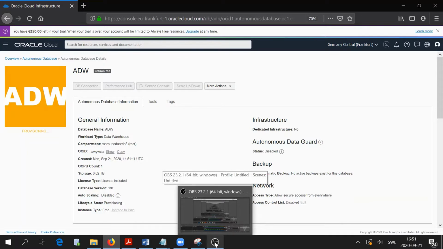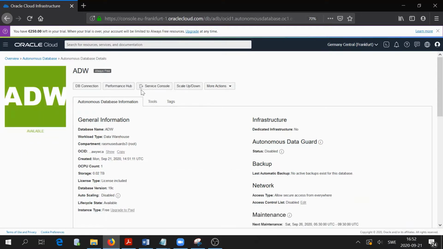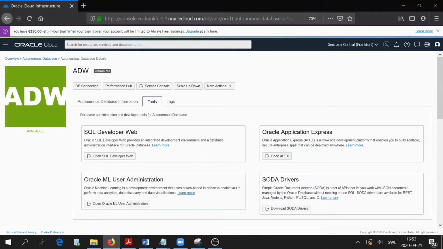So we're back and it's ready. I think it took no more than 2 minutes actually, so it goes rather quick, I have to say. So you're faced with a bunch of different options, but for this tutorial we'll go straight to what we need for this lab. So if we click on the tabs here for tools, you will see that we have SQL Developer Web here, which we will use in a second, and Oracle Application Express, which we need to create our spatial application in here. So I will go ahead directly and open that,